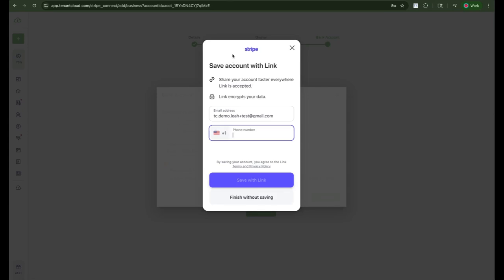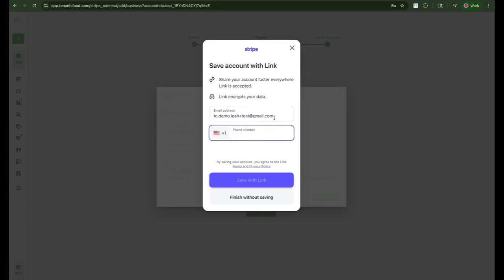If you use like Shopify or maybe another online shopping store or website, or maybe even Amazon, these different sites will sometimes partner up with Link to make it easier for their customers to proceed with the checkout process. So if you want to use that, you can,